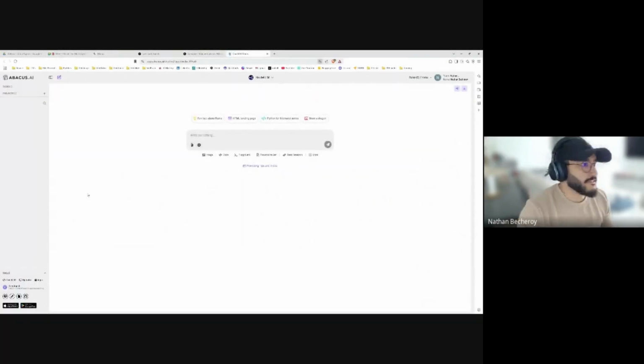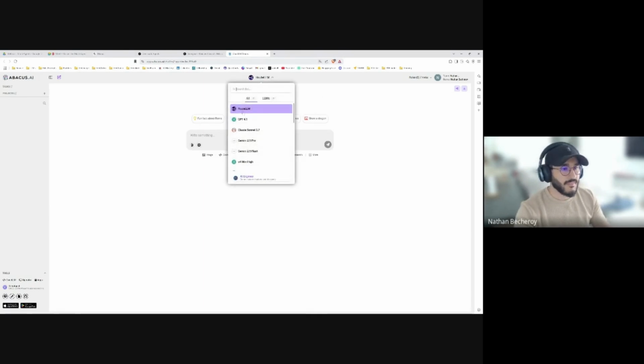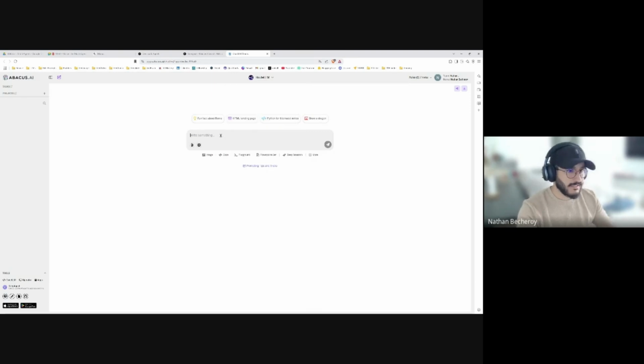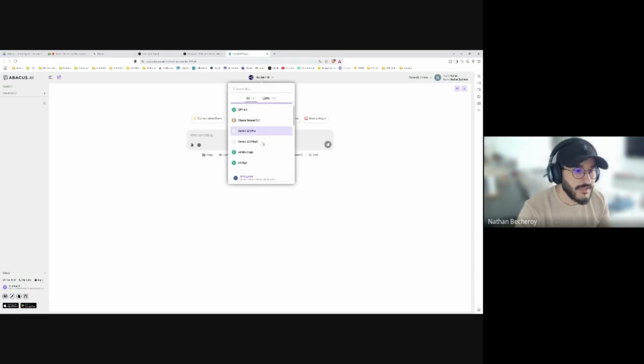So this is the interface for Abacus.ai. Same interface as you can see for the others. The thing that is not the same is all the tools that you can have here. Let's start with Route LLM, which is a tool that will choose directly the right LLM. When you are typing something, asking something, it will use the less energy-hungry, or the best LLM for your request.